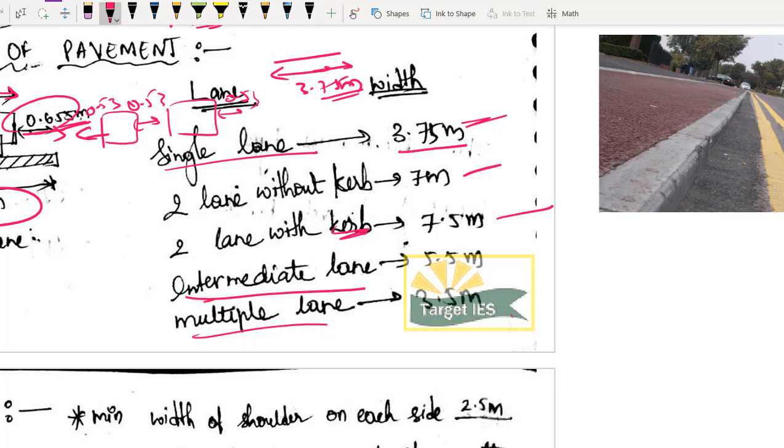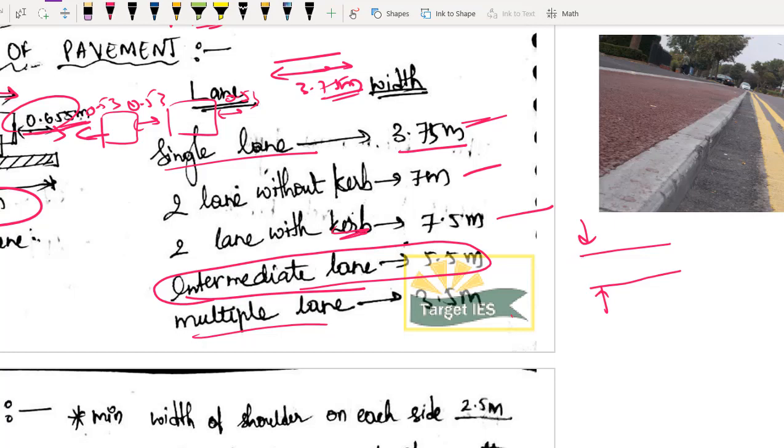Now coming to this, what is this intermediate lane? See, you know single lane, ठीक है, and you know double lane also, right? But especially if you are taking not important roads, for example village roads हो गया, ठीक है, or other district roads हो गया. Basically what you will be having is, instead of going for this full road, basically we will be going for a thinner road. You might have observed this, right? आप village road पे चले जाना, इतना आपको difference नहीं दिखेगा. Okay, the highway will be like this much, but whenever you are entering into village road, you can clearly see the difference.